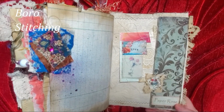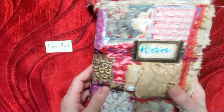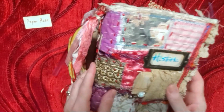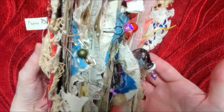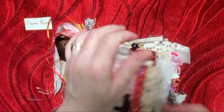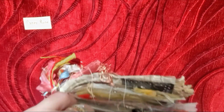So this is historic from Paper Rose, in care of RoseByNameCo. And so it sits like this just as well. You don't really need to. Here's a little peek this way, and this way as well, and all the different little threads, if I can get them out. Let me see. Okay,